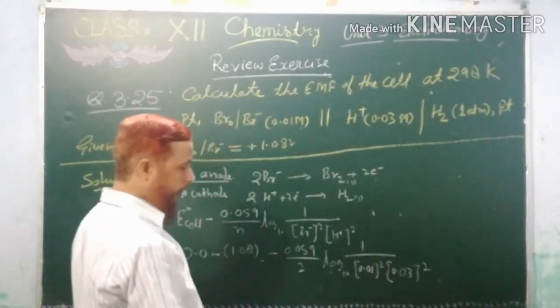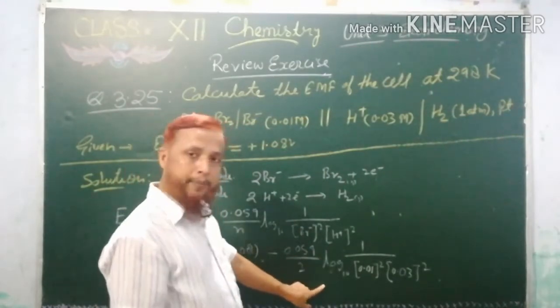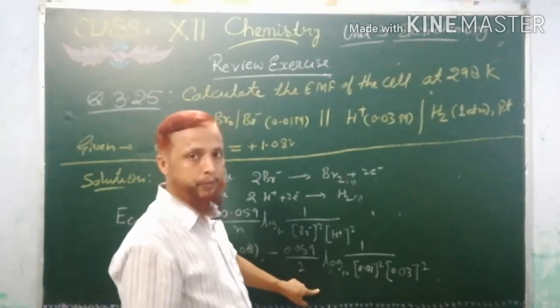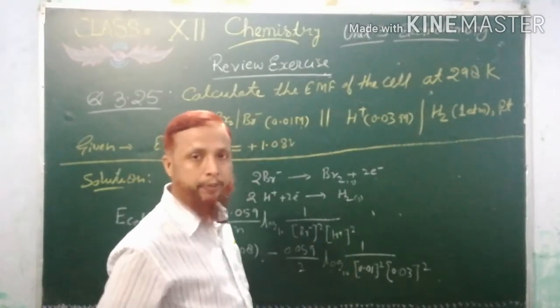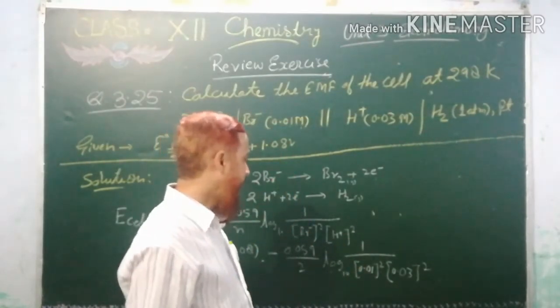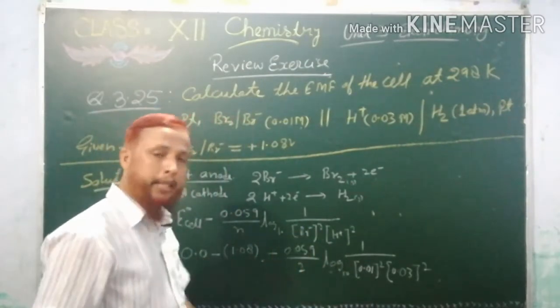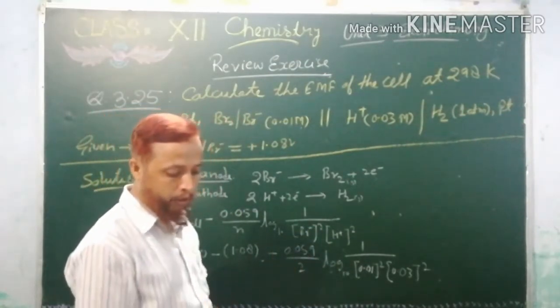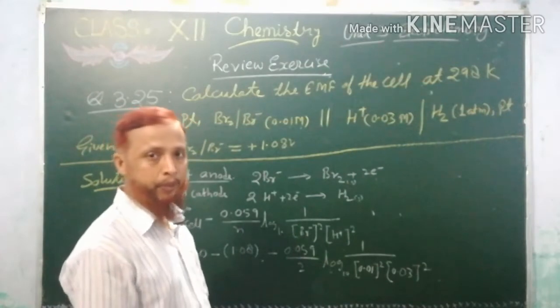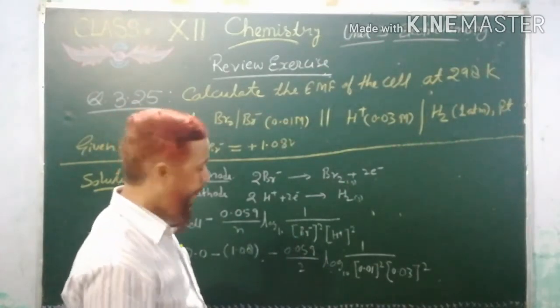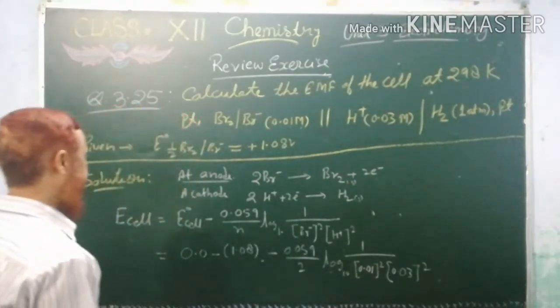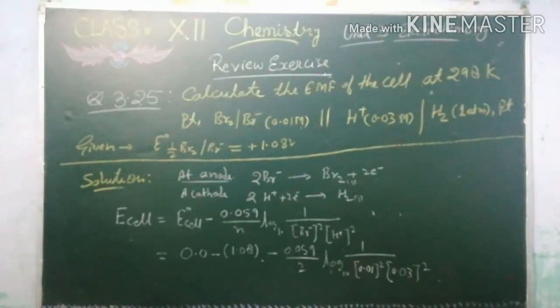So you just solve this, and whatever answer you are getting, that is correct. Don't consider the answer of the book, because the method you are applying is correct. According to the method, whatever comes, that is the answer, because I have gone through the book, there are so many mistakes given, so I have corrected it. So you solve this and you will get the answer. Please note down.